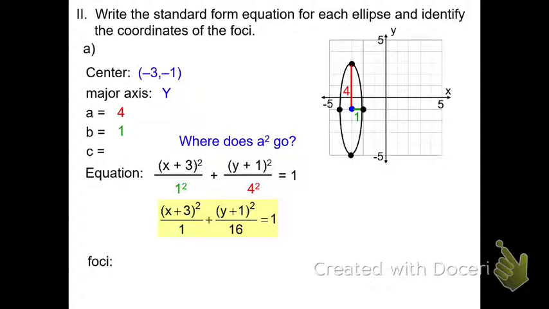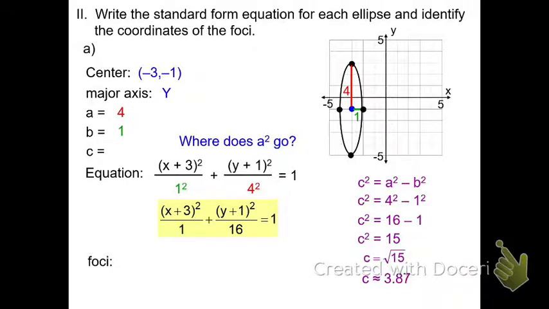Now, but what about where the foci are? We know that the ellipse is more stretched vertically, which means we're going to be adding and subtracting to the k value in our center, (-3, -1). But what are we going to add or subtract? We need to find the c value first. Using our equation, c squared equals a squared minus b squared, and substituting in those a and b values, we would get root 15,